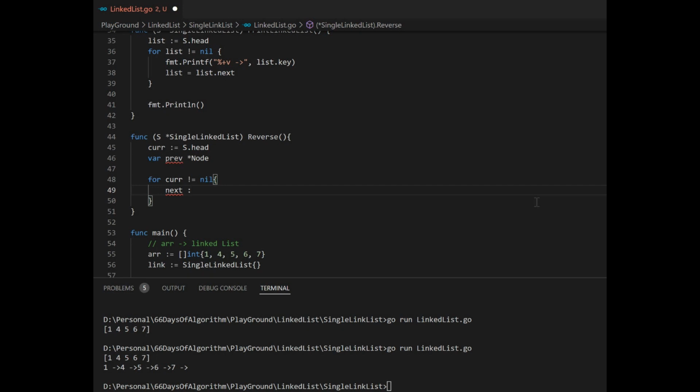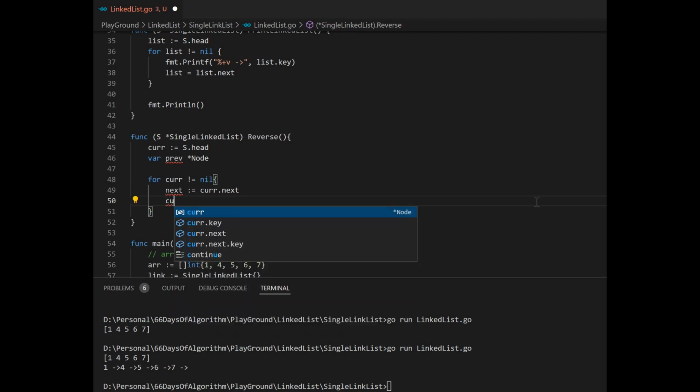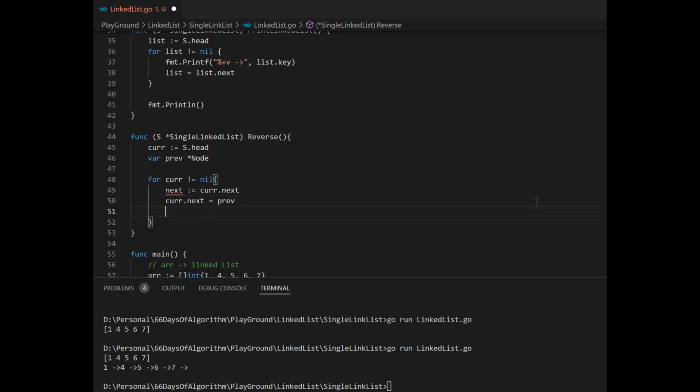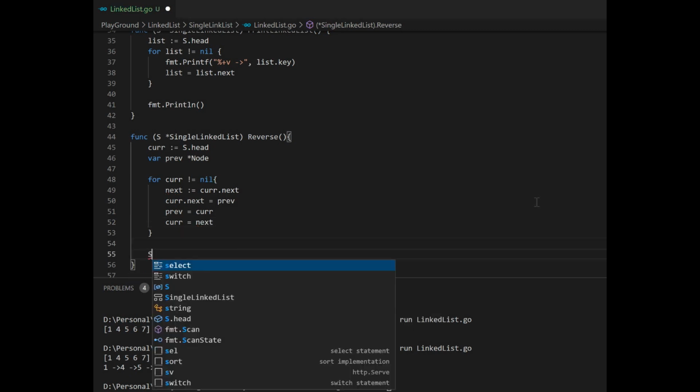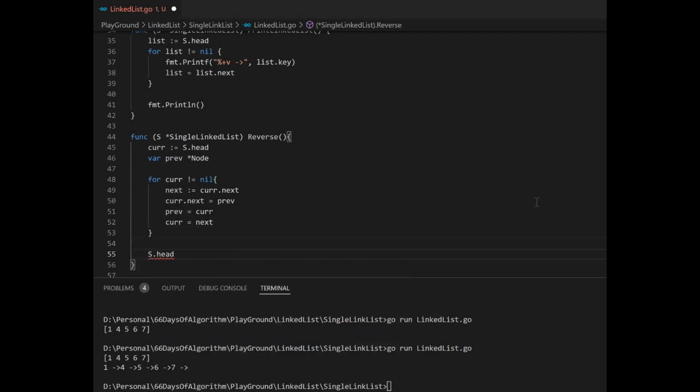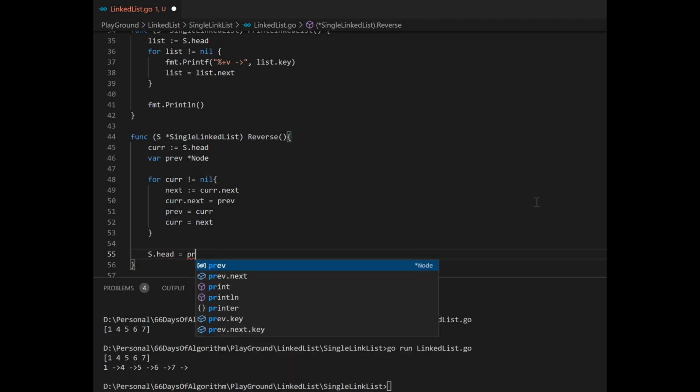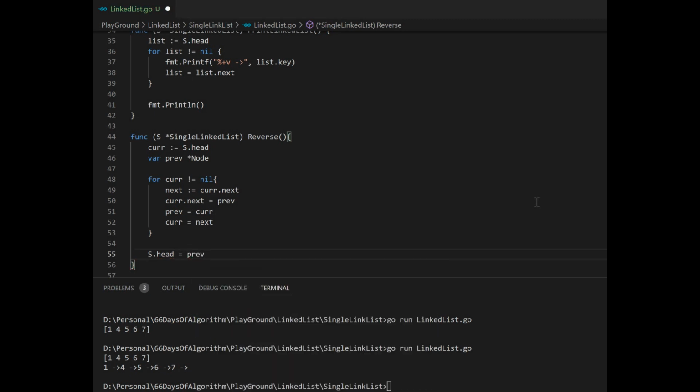The next is going to be the current.next, and then the current.next is going to be previous, and the previous is going to be the current, and the current is going to be next. Perfect. And we're going to say s.head is going to be previous, and then we're going